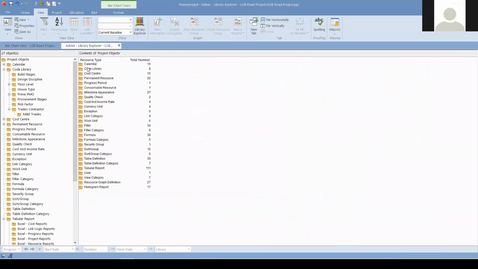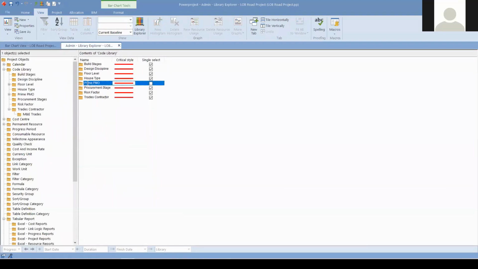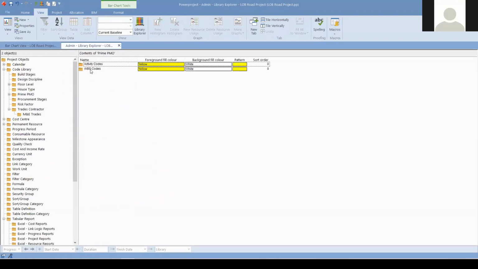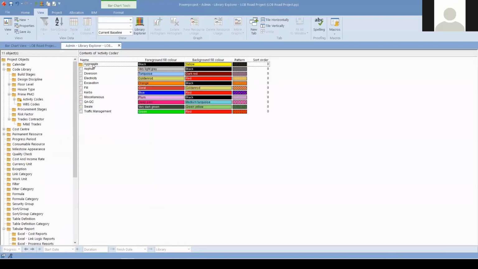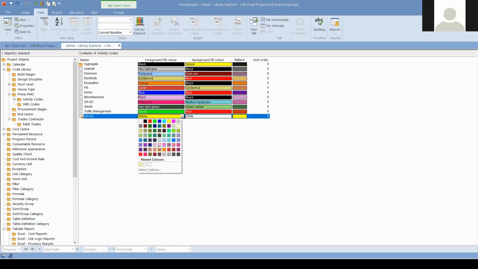So we have these activity codes in the Prime PMO code folder. So I would like to go to this code library folder, finding the Prime PMO. We do not have any chance of creating activity codes or work breakdown structure codes automatically. We can manually determine their specifics, and then we can assign it accordingly to our schedule. Let's move into the activity code. So we have a QA, QC, miscellaneous. We have two activity codes missing. How we can create it is right click. Let's say this is QA, QC, and then we need to determine their